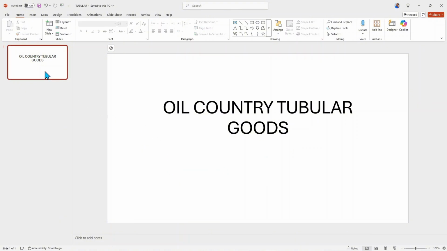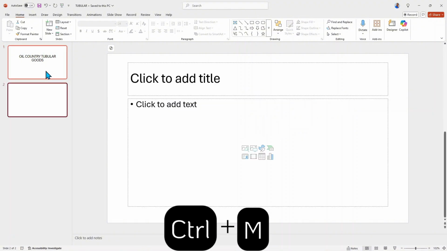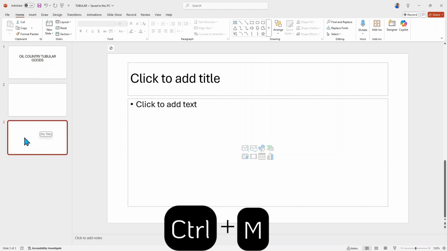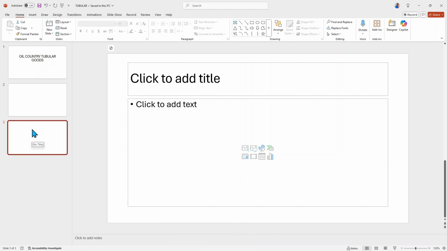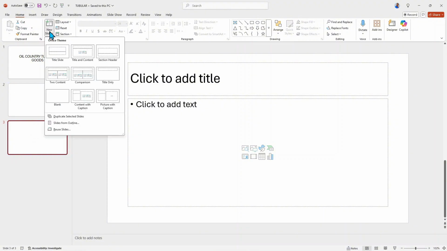And moving on, if you would like to add more slides to your presentation, you can always do that by simply clicking or selecting your first slide, then using either the enter key or the Ctrl M. You can always add more slides to your presentation, or you can always move to the slides group over here under the home tab. Then you click on the new slides to add any slide of your choice. So over here you can look it up. As you can see, there are other slides you can add. So I would like to add one over here,